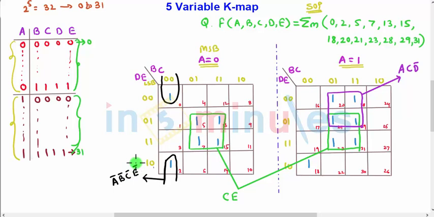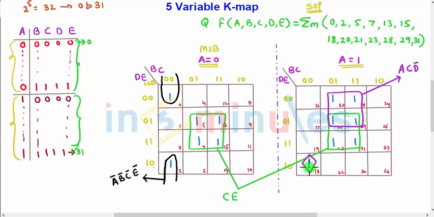Okay, and you will see carefully the last one is remaining here, and we can also form, means the K map is overlapped, then the position number 2 is overlapped with the position number 18, and there is a group of 1. So no matter what, if you keep a group of 1 single here, it will increase 1 bit, A. If I make a group of 2 with this one, position 18 and 2, then the A bit will vanish and the group will be smaller, hence the circuit implementation will be smaller. So what I will do, I will make a group of 2 here.